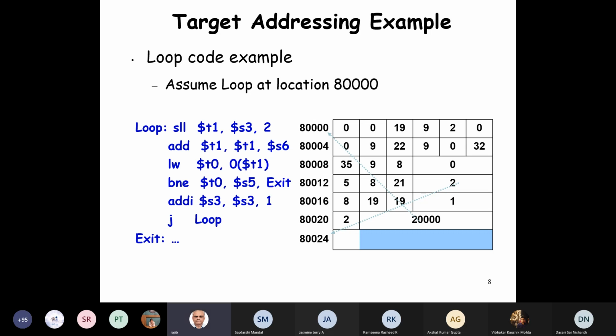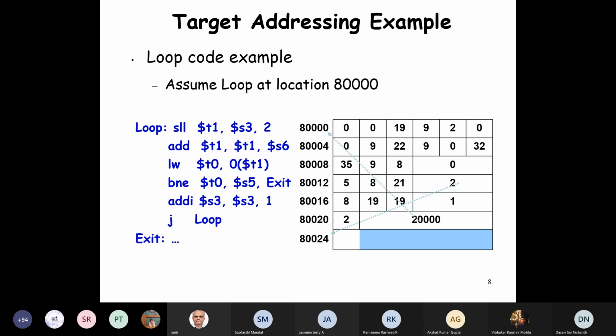We just store here the word address 20,000, and therefore it will be multiplied by 4 and we get 80,000. And similarly, when we branch here, we can branch in this direction and we have 2 here, and that is again multiplied by 4.